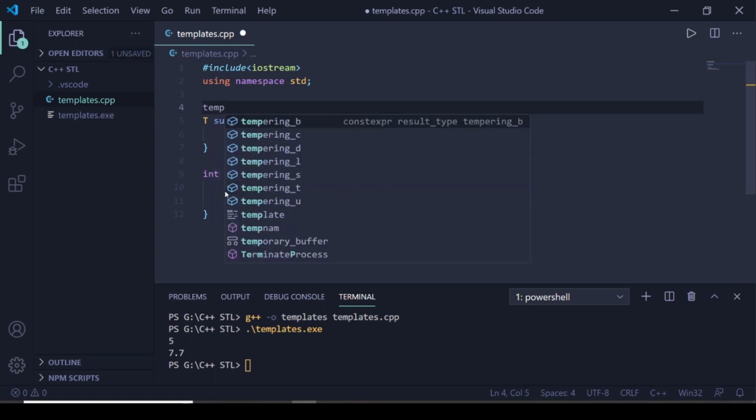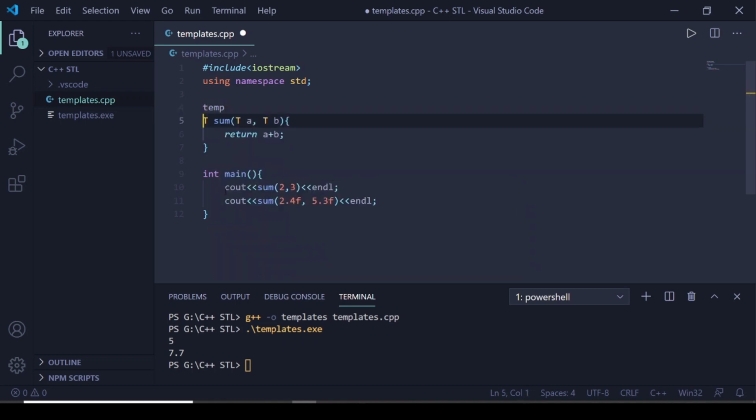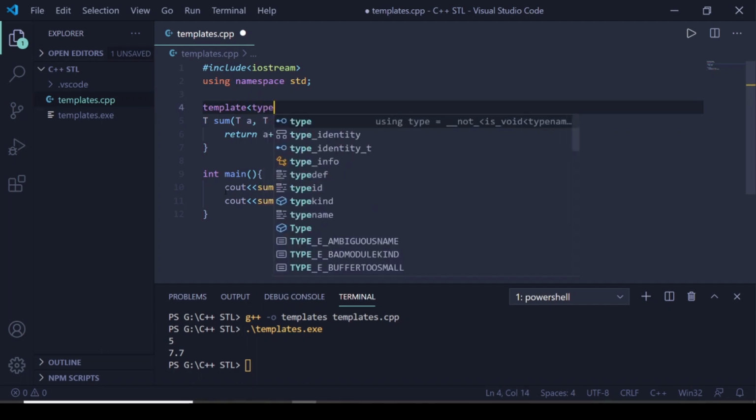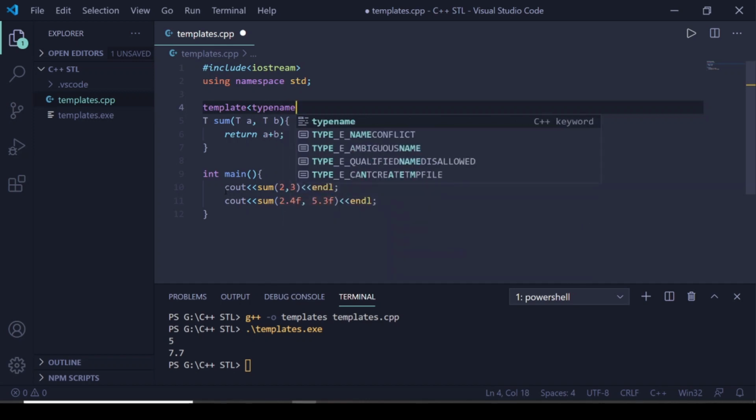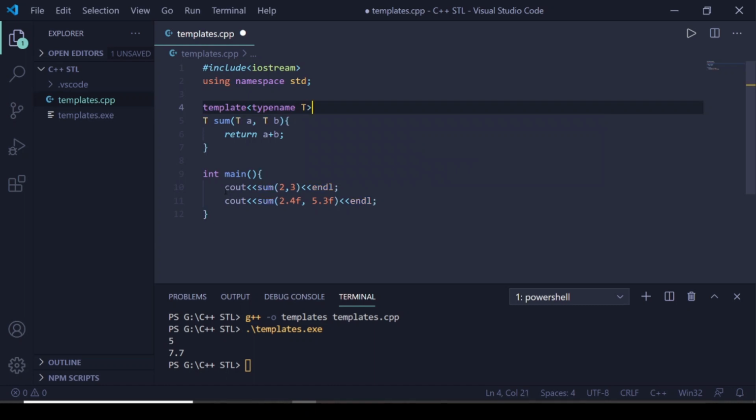For that, we have to write, just before the return type, where T is the return type, the word template, and as a placeholder we want typename, because we want the type to be decided during compile time. So I write this, and I write T; I can write any name.